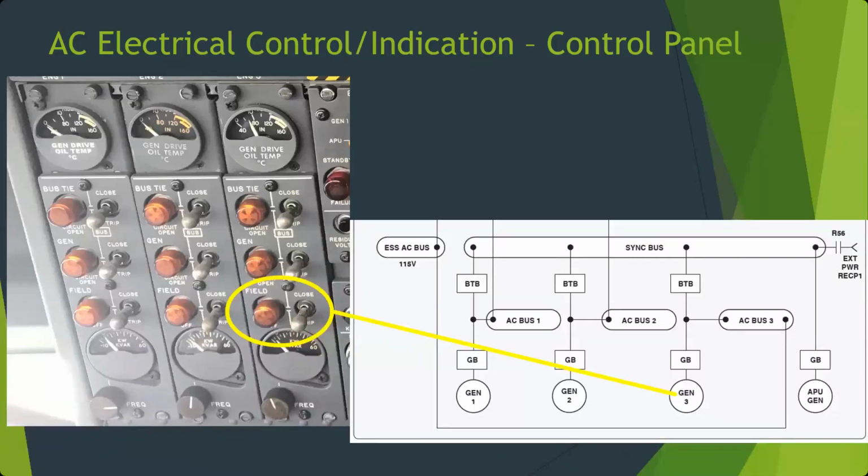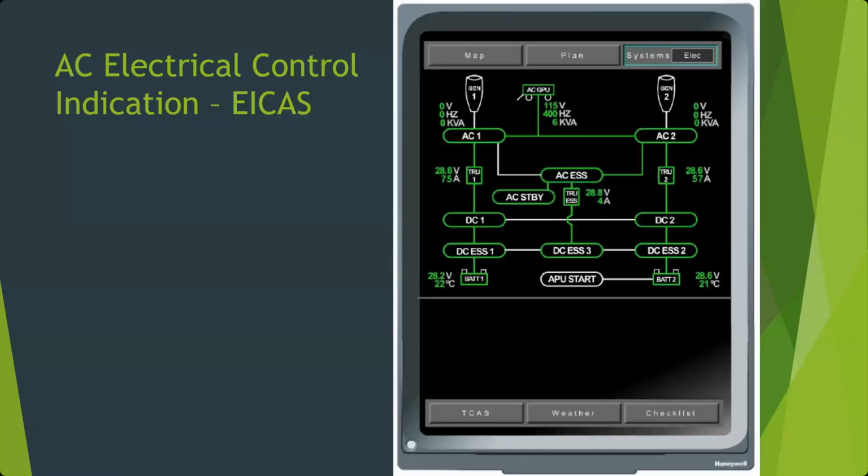So now we're going to move into the control and indication we see, and that was also more of our analog aircraft. Now we're going to look at control and indication of electrical with an EICAS-based aircraft. EICAS, when we discuss indication, is the Engine Indicating Crew Alerting System,